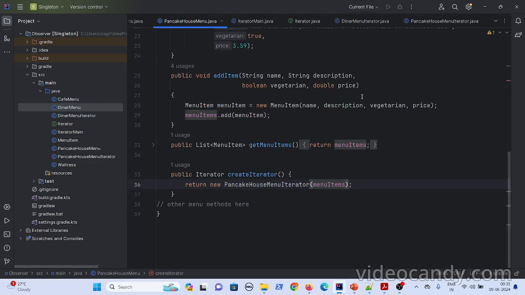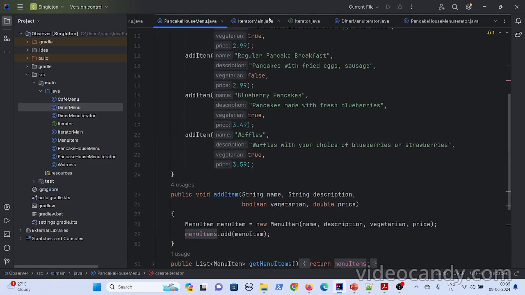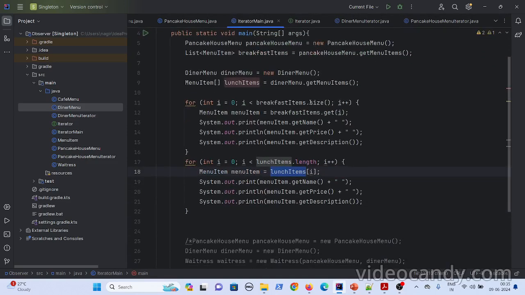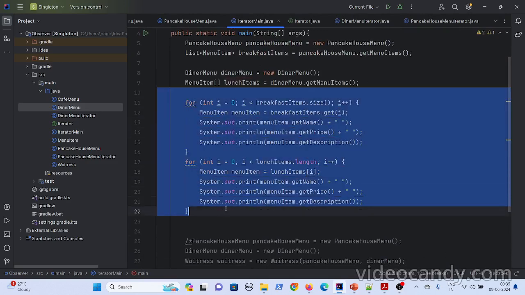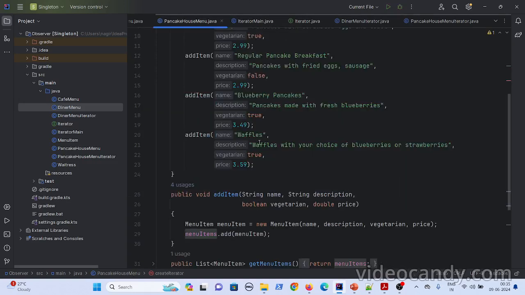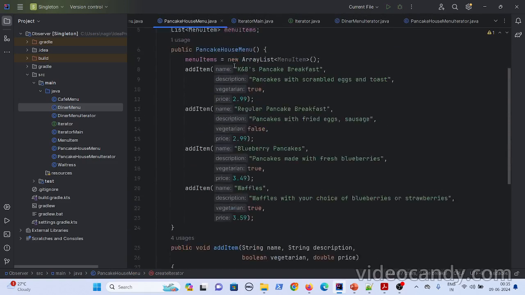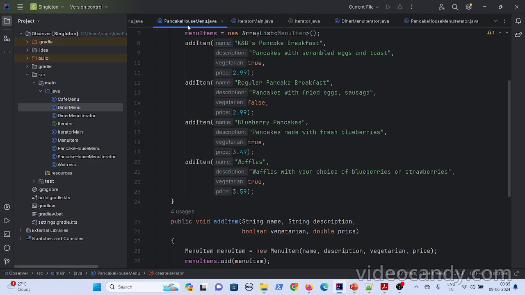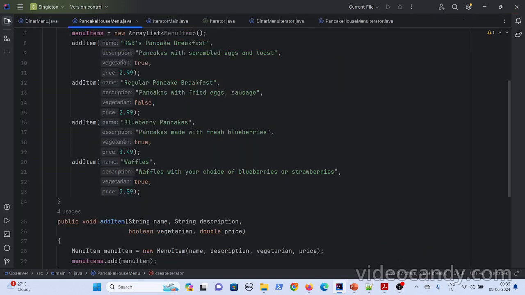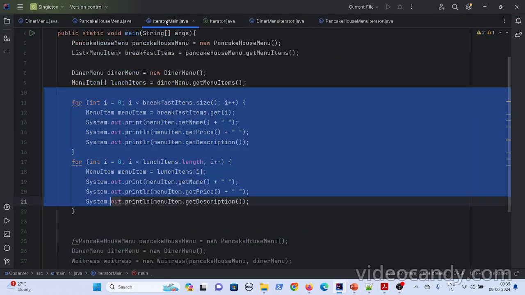If you don't have iterators, what you will do is either in the iterator main, or this is a client, the client has to do this traversal logic, or one more case is maybe you want to expose one method here which implements the traversal logic. If the client implements this logic, you are giving your internal details to the external client. That shouldn't be done, but you are doing it. This is the drawback of this.